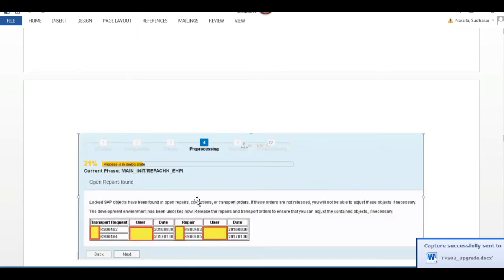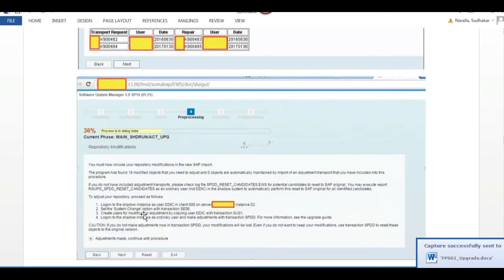And now it is checking whether there are any open transports. What is meant by open transport request? It means the transport requests are not yet released. So these transport requests you need to release. Once this is done in pre-processing, now